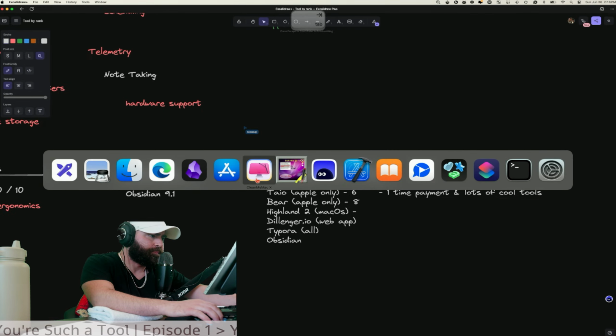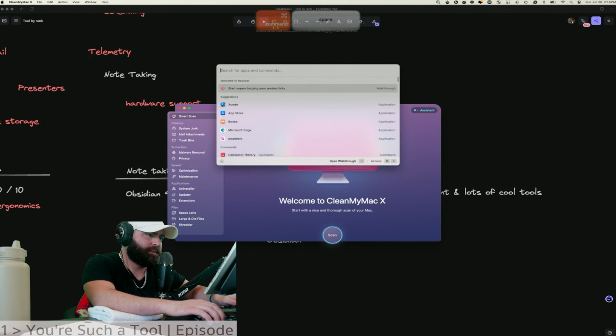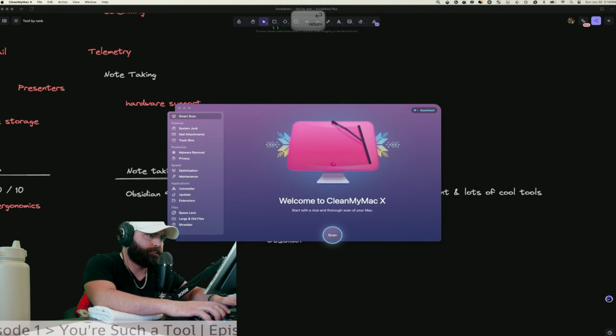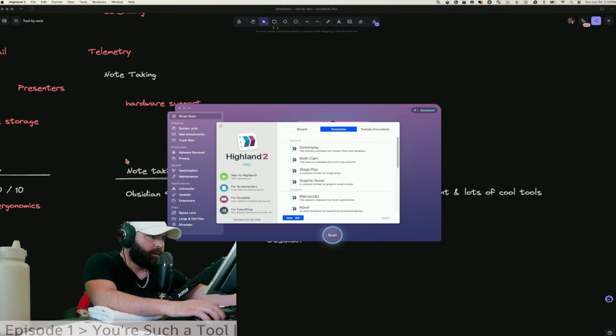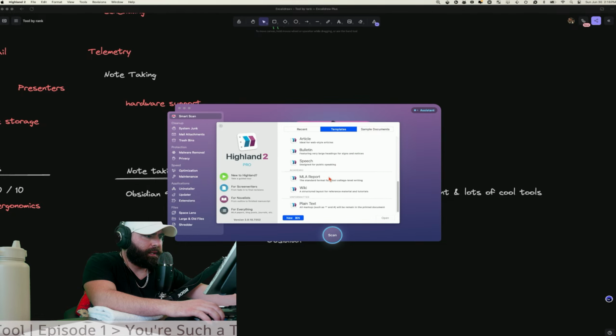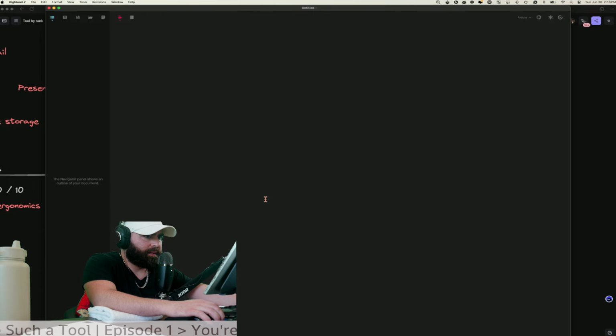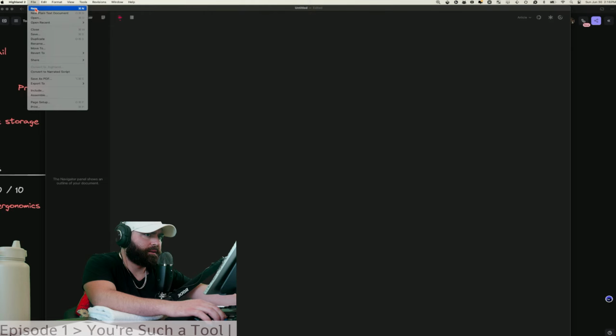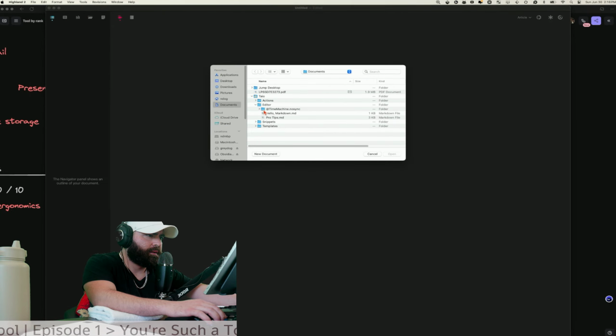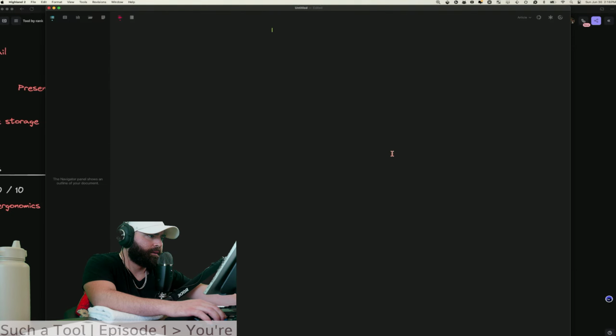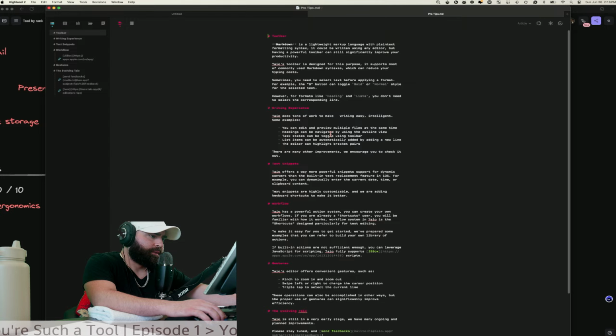Then there's Highland 2, which is a paid app, but what I like about it, the main thing I like about it, is two main features that I really like.